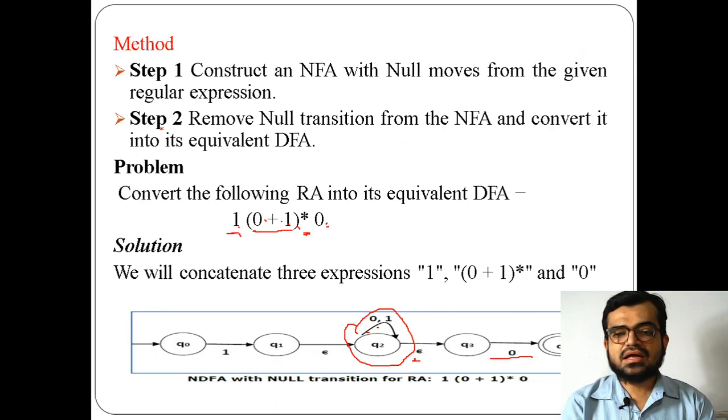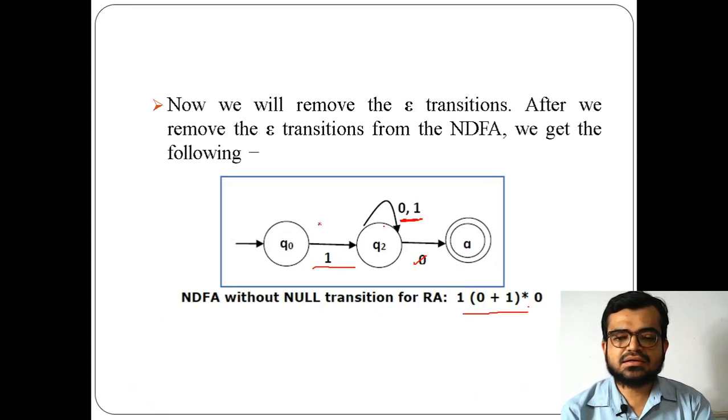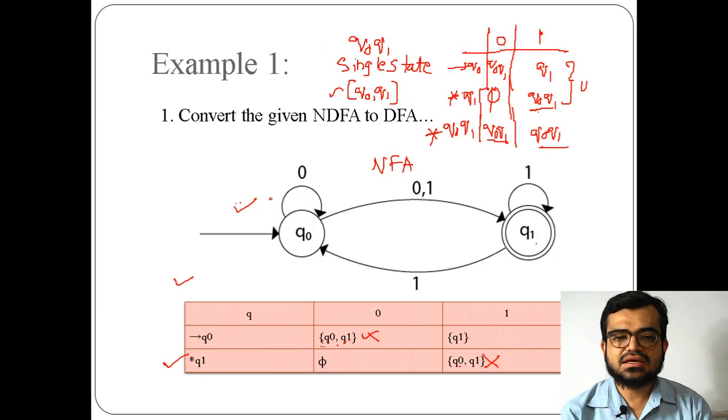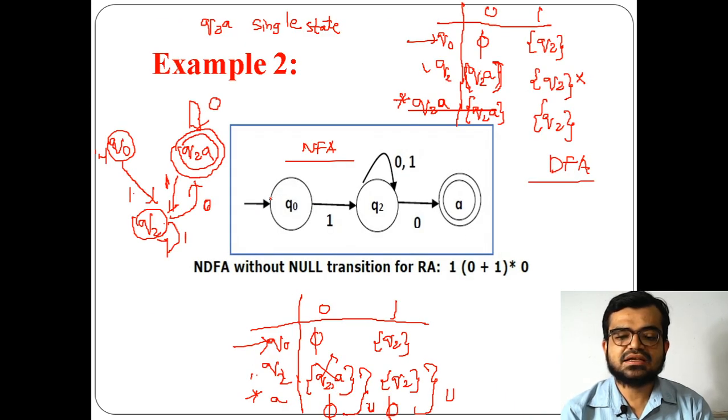Another example is also there, showing how it is distributing. That means the given regular expression, and how it is expanding. This is the process by which we got an NFA without epsilon moves, and this NFA without epsilon moves can be used to convert into a DFA. So for the same example, this is the process, and I explained the procedure here. The same thing which I said, the same process I have converted into a DFA.